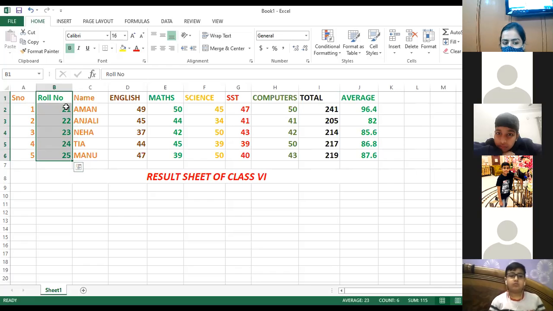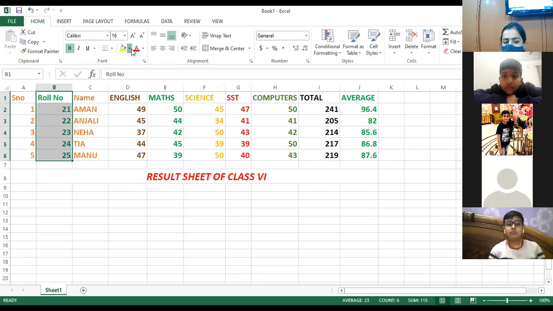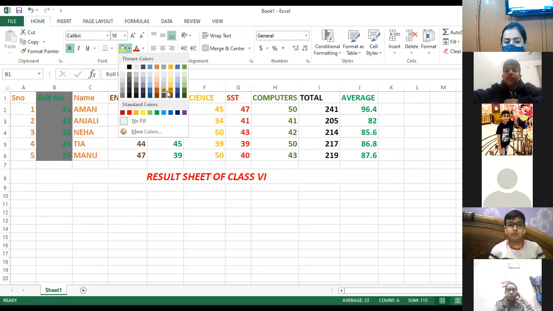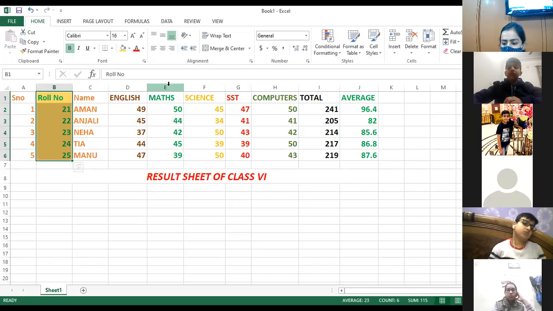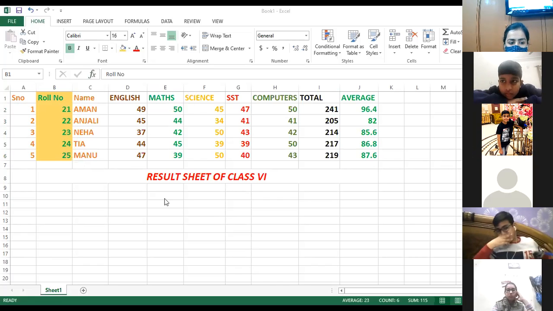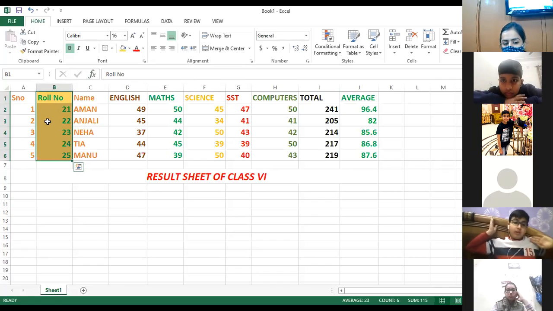In the same way, you can highlight your columns also. How can you highlight? Select the particular column. In the font group, you have the fill color option. You can see the colors can be filled in your particular column. Now, when you have filled the color in this column, you can see the lines of the cell disappear. The borders disappear.